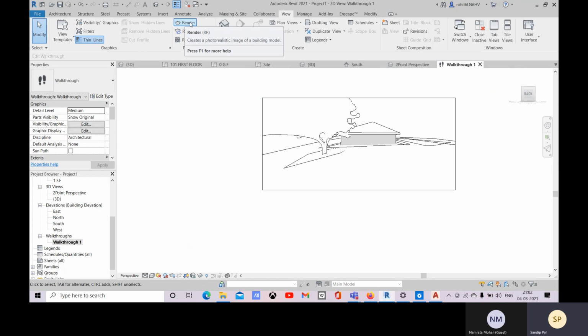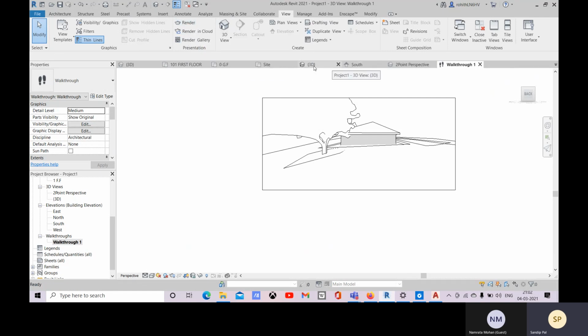For that we have this render option, the shortcut is RR, and we also have this render in cloud option. With render in cloud you can create your rendered image in the cloud, but for that you must have a licensed version. Now let me show you this render option.